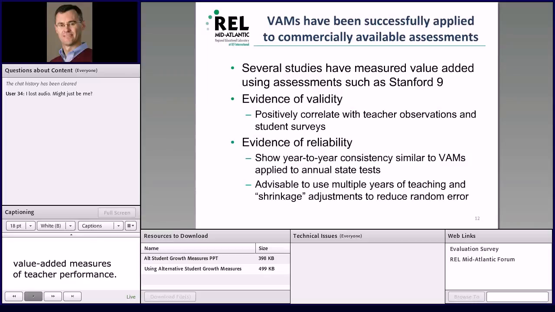By validity, we mean that there's evidence that they're measuring what we want them to measure. And in this particular instance, the research shows that value-added measures based on commercially available assessments tend to correlate positively with measures based on observations of teachers' professional practice and with measures based on student surveys, which is encouraging. It suggests that these are measuring something about teachers' contributions to student achievement that